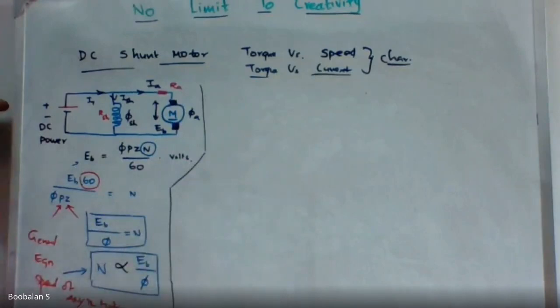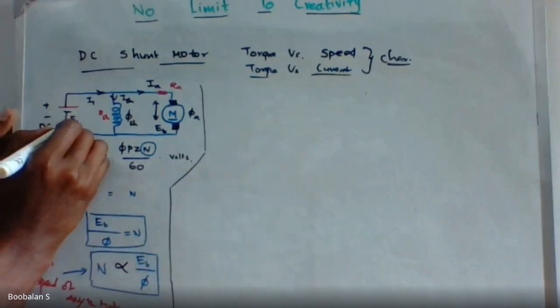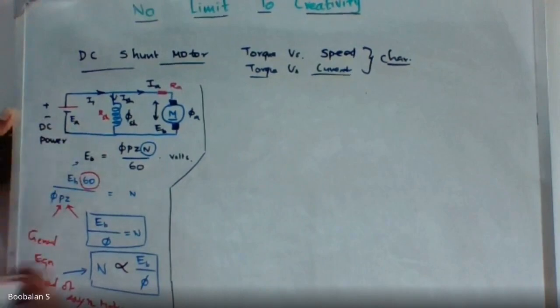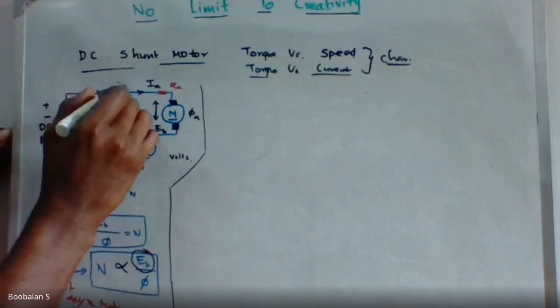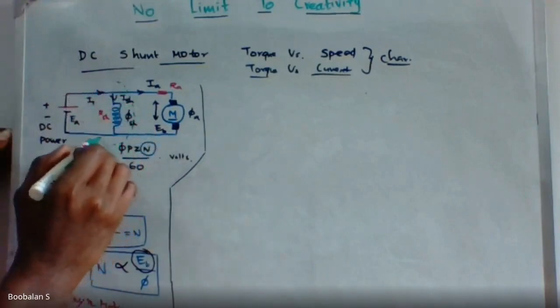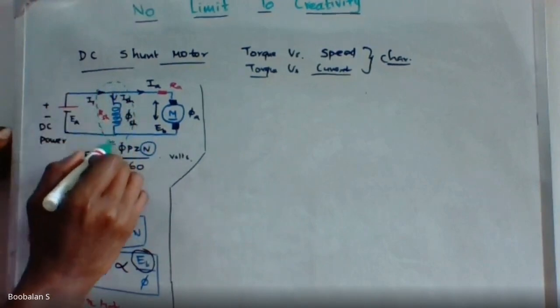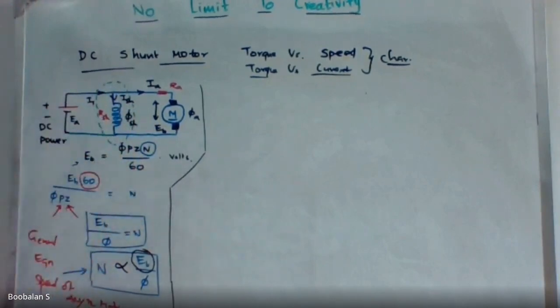Right, we'll start here. Here the input voltage is suffix A, right? Now we are going to replace EB in terms of EA. Here I'm just going to neglect this. I'm just going to apply simple Ohm's law over this network. So I'm going to neglect this part, the shunt winding. What does that mean? Why are we going to neglect it?